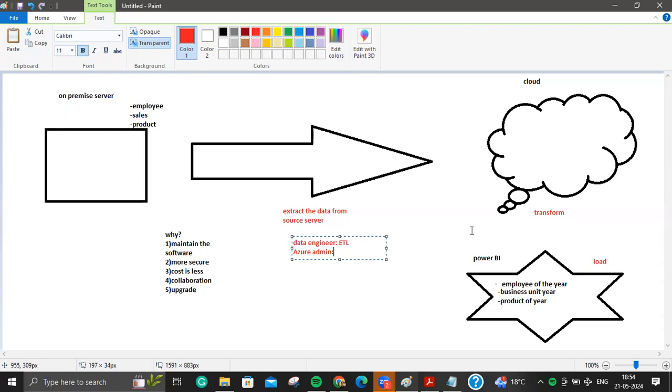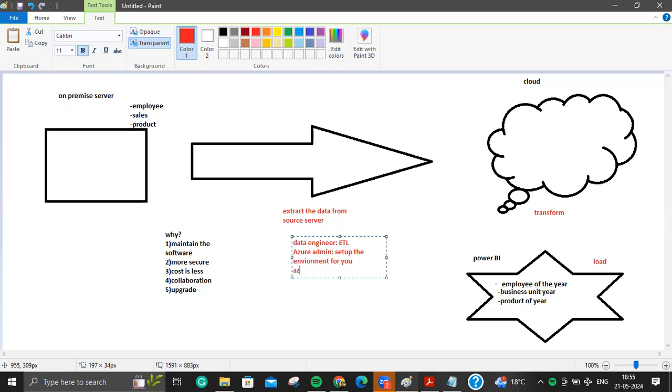That's not your job. So whenever we are creating any resource in the Azure environment, it's good that you know how to create it, but it's not like you will get the environment created by someone. The Azure admin will set up the environment for you, right?